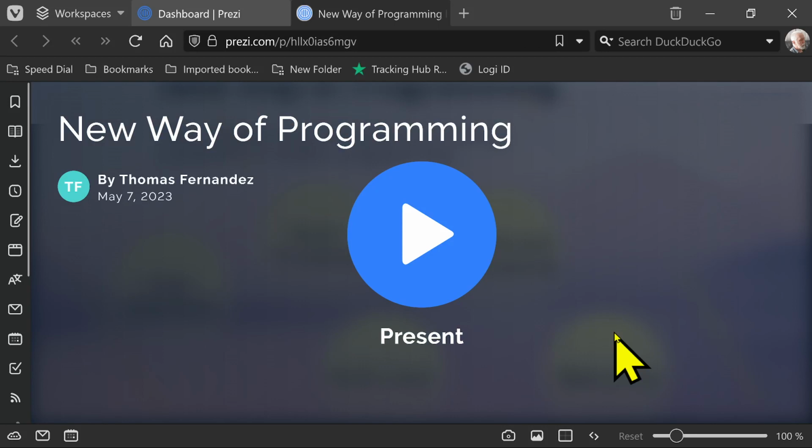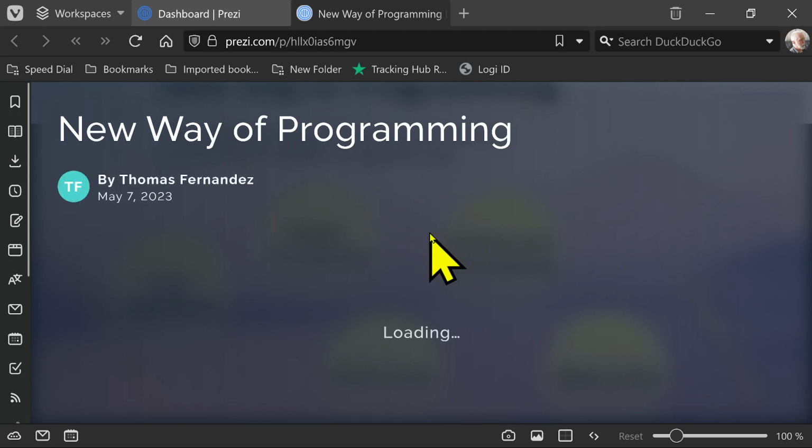Today I'm going to talk about a little project of mine, which I'm calling a new way of programming. It's a programming framework that addresses certain problems in programming, and specifically,